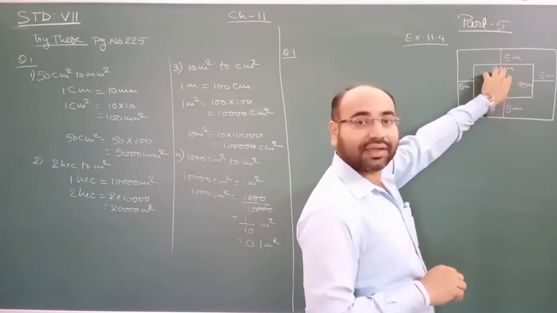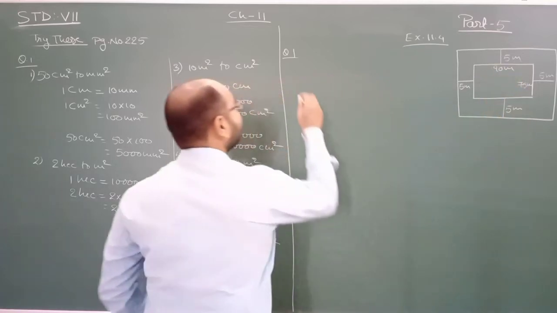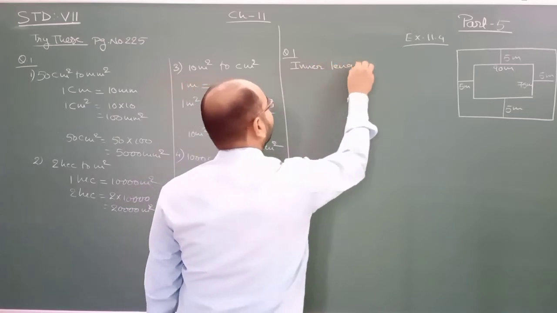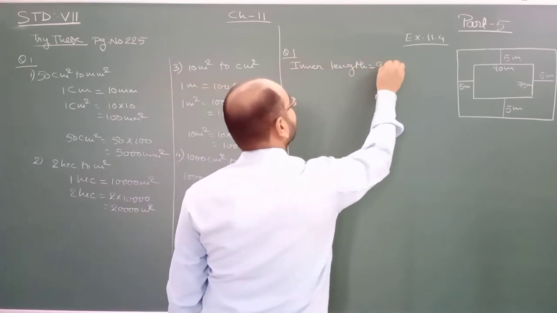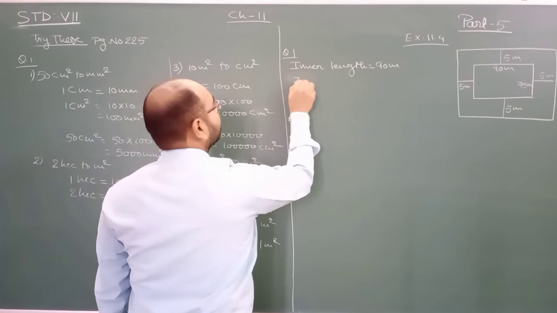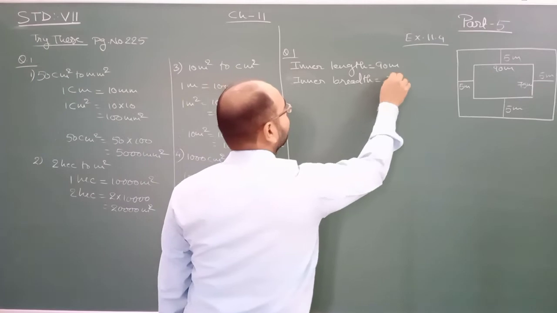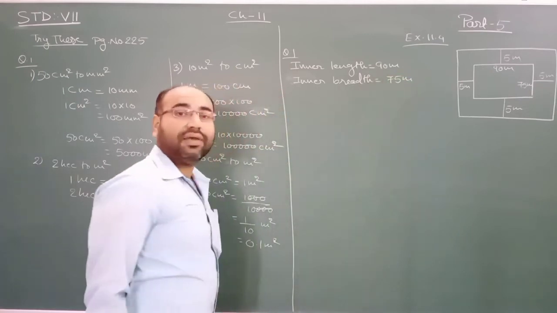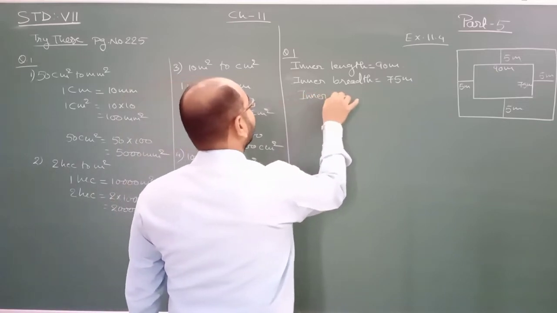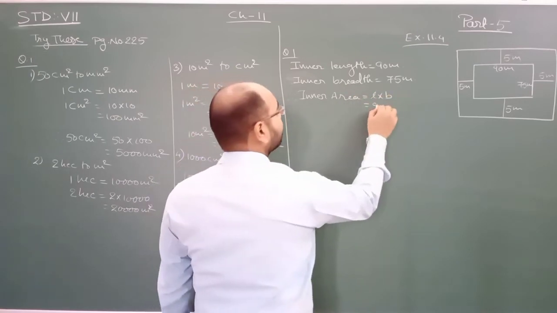तो हमें अंदर के रेक्टेंगल का मेजरमेंट पता है, तो हम स्टार्ट कहां से करेंगे? यहां से ही करेंगे. So what we will write that: inner length is equal to how much? 90 meter. Then inner breadth is equal to how much? 75 meter. It is given in the question. Now therefore inner area is equal to length into breadth, that comes to 90 into